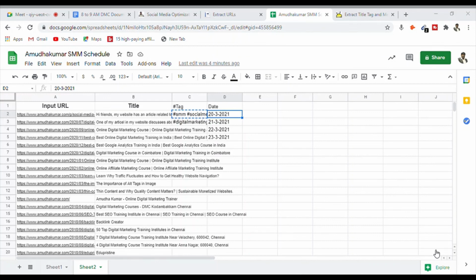I click on this and it says schedule a post. I can change the date from 19 to 20 and change the time to around 9 o'clock in the morning AM, and click on save. Then I go ahead and schedule the post. Automatically the post will be scheduled for tomorrow morning, for example 20th March at 9 o'clock.